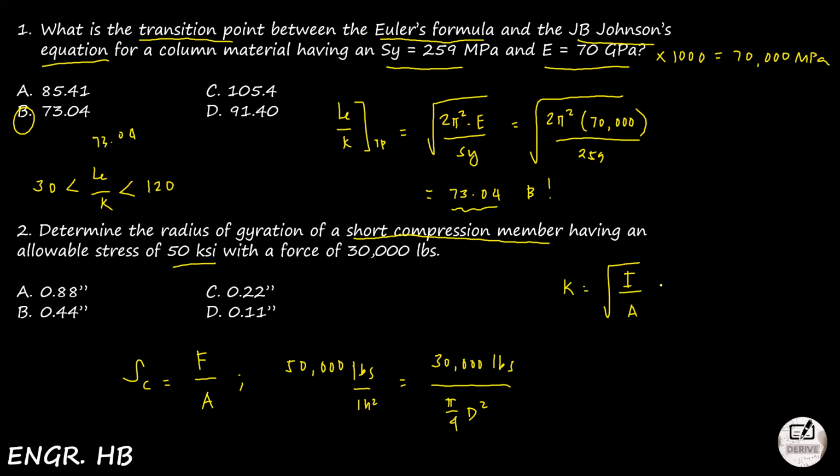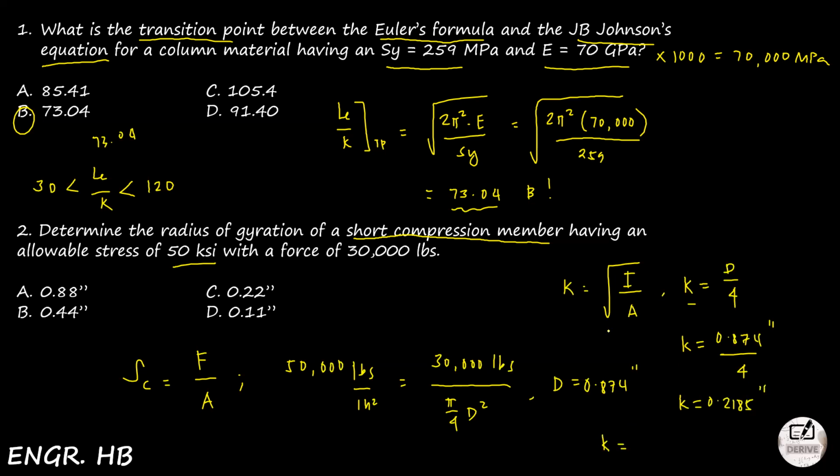And since this is a solid circle, simply K is equal to D over 4. So we're going to get the diameter first. And when we get it, divide by 4, and we already have our radius of gyration. So the diameter here is 30K over 50K times 4 divided by pi, square root of that. So you have 0.87 inches. And of course, the radius of gyration will be 0.874 divided by 4. The radius of gyration is 0.2185